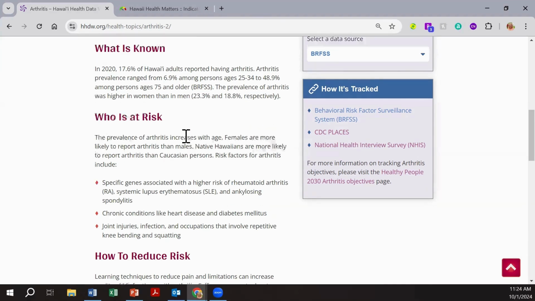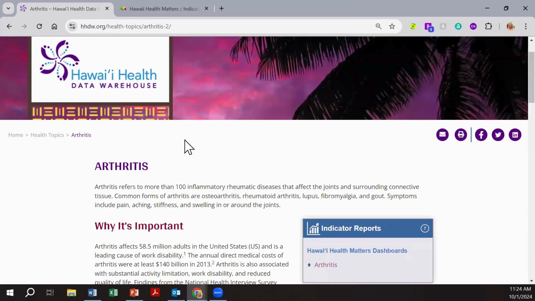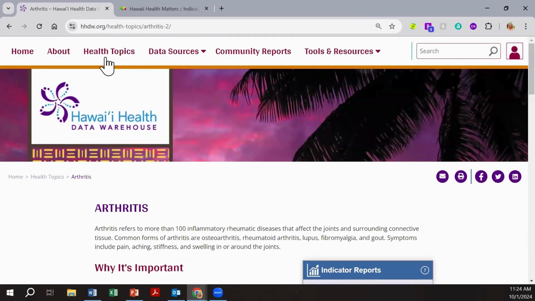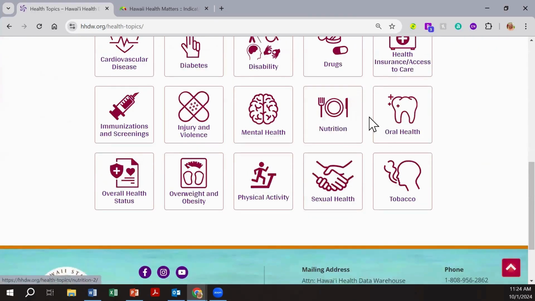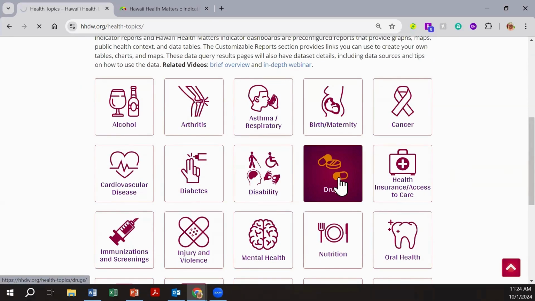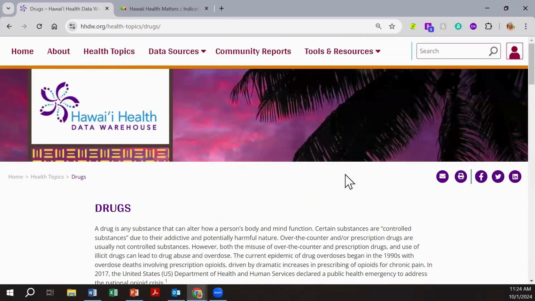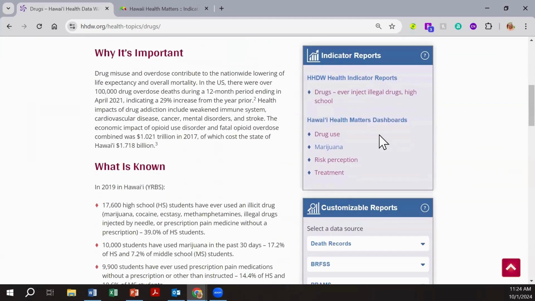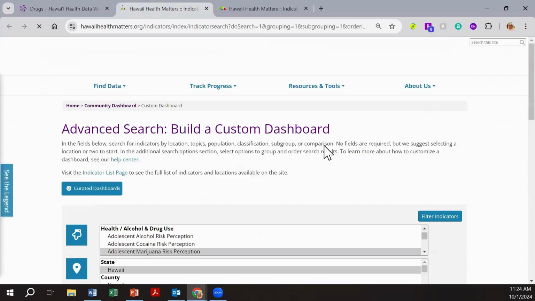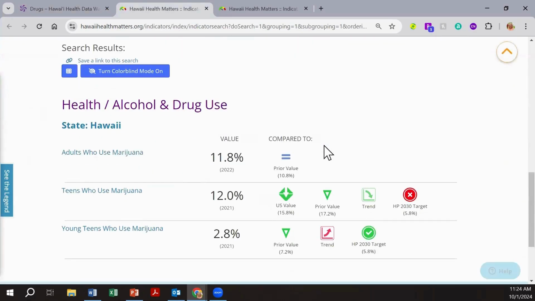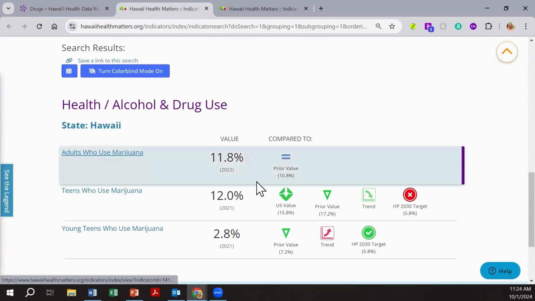The second question asks, in 2022, what percentage of adults in Hawaii use marijuana? So again, we can go to our health topics. We'll go to our drug health topic, and there's a couple of different ways that we could answer this here. So first of all, I'm seeing that there's a dashboard on marijuana use. So I'm going to try that first and just see if it has our basic indicator of adults who use marijuana. And it does. So we could answer the question right now at 11.8% of adults use marijuana in 2022